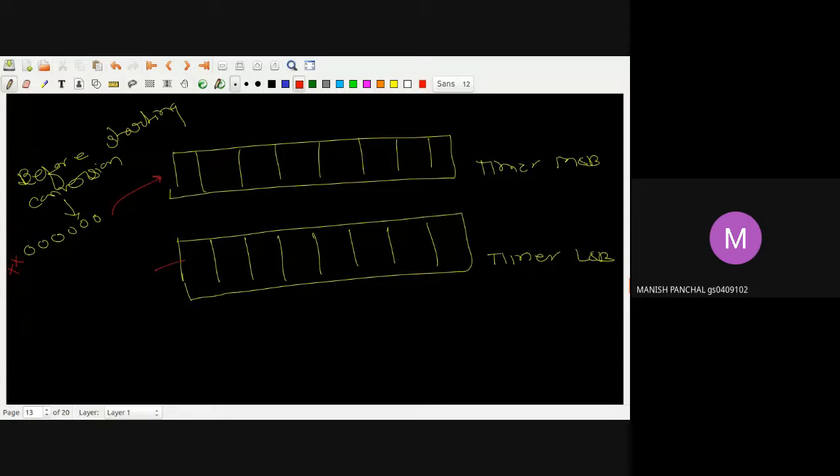For this case I will say 0 0 0 0 0 0 0 0, because I am using this timer to record the conversion time. Okay, so as soon as my conversion starts, suppose second step, when the conversion starts,